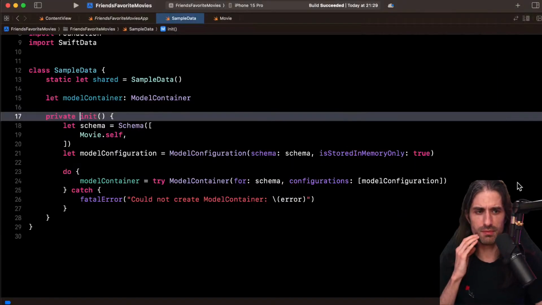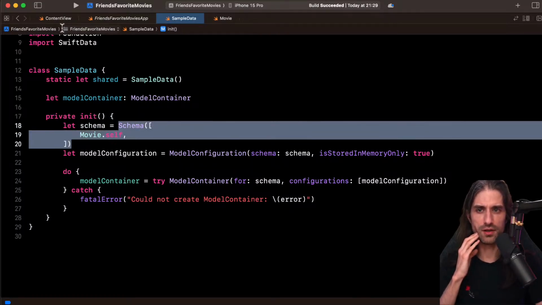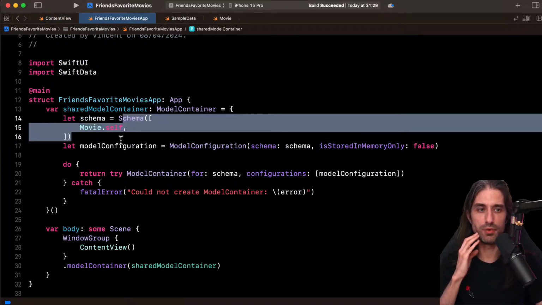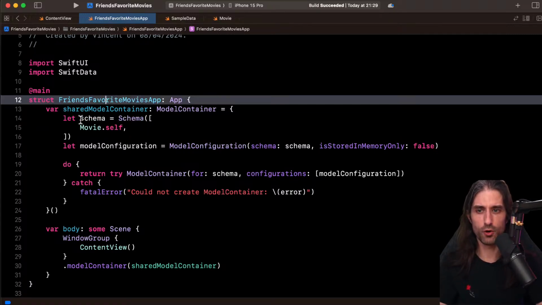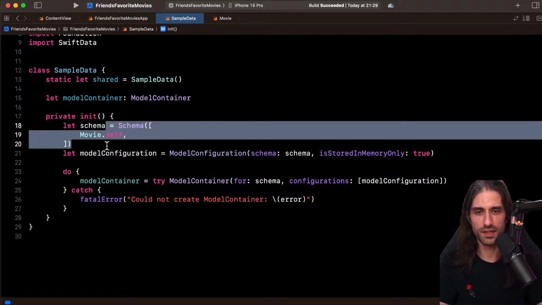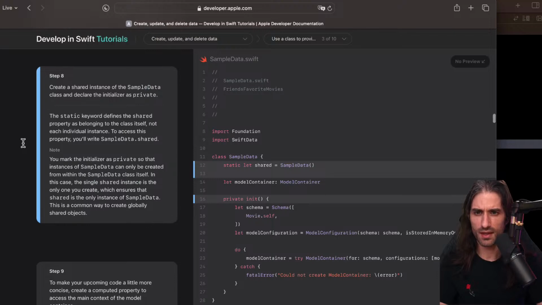One thing that's bugging me a bit is that in a real app, you wouldn't want to duplicate the schema here, because if it changes in one place, you want to make sure that it gets updated in both. So you probably would like to have this schema be shared in a property accessible both here and here. That's a detail, but still an important detail that I wanted to mention.